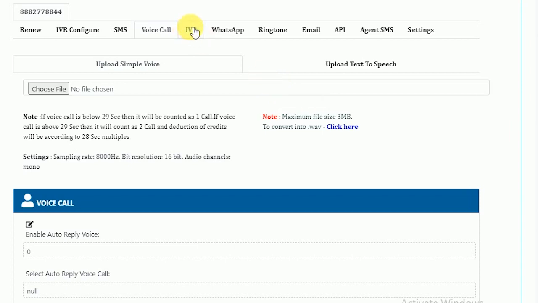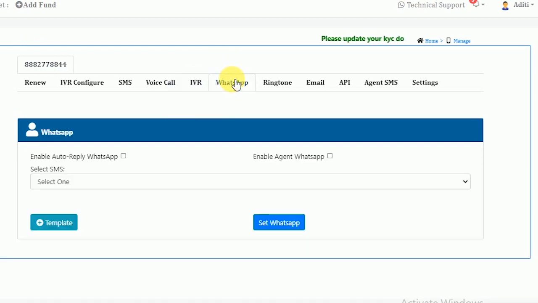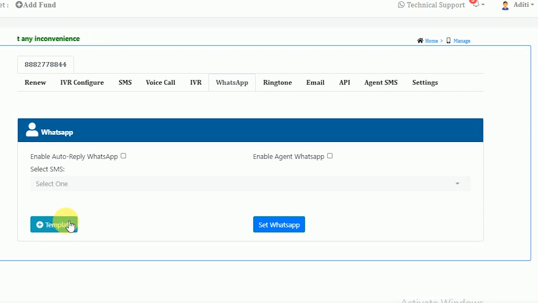So coming to auto reply IVR. In this feature, the customer will receive a call and an IVR message will get played depending on the IVR flow which is enabled. So moving on to auto reply WhatsApp. It is somewhat similar to SMS. In this feature, the customer will receive an SMS or a message, you can say, on his or her WhatsApp in place of a normal text. You can get it enabled by clicking over here and add the SMS template by clicking over here and get it approved from our end, similar to what we are doing in auto reply SMS.